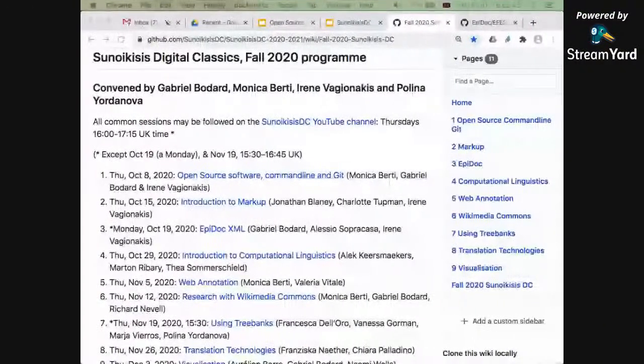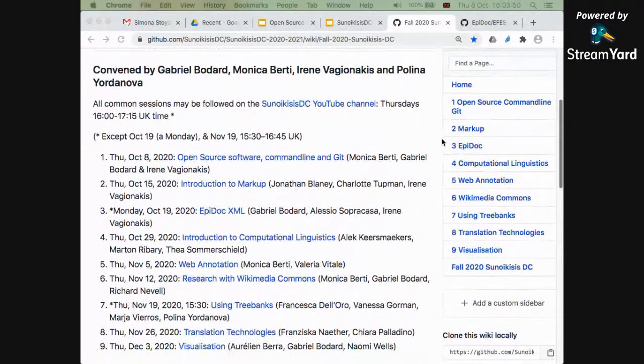if you look at the program, which you probably already have, but let me pull the program up on the screen just quickly. So this is the shape of this semester, and you can see it as 9 weeks of sessions, and there are roughly 3 in each strand.